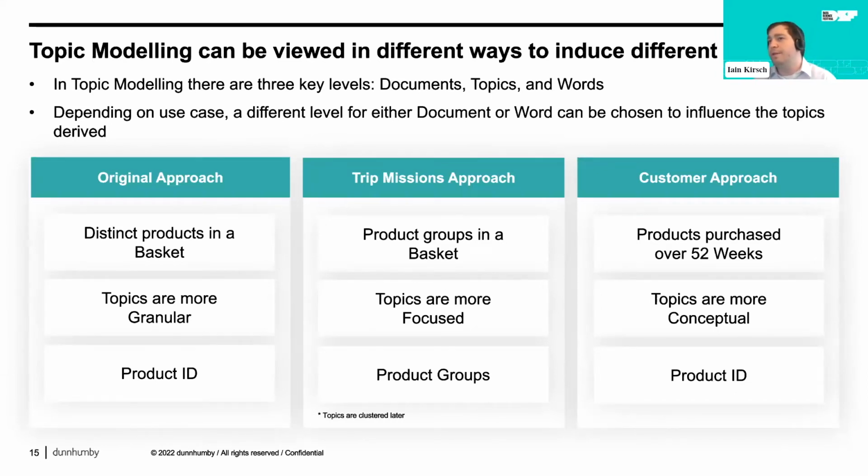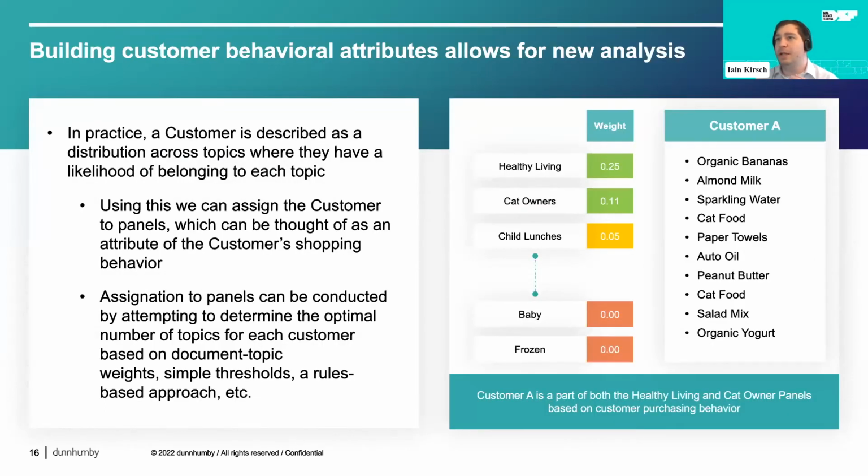A few other differences as we transitioned across these were that the original approach was using something called Gibbs sampling as the posterior inference algorithm. With the trip missions and customer approach, we transitioned towards an online variational Bayes approach, which gave us some additional dividends in terms of speed that we were able to use to great effect. And so with that change in how we thought about the document, we were able to come up with some initial